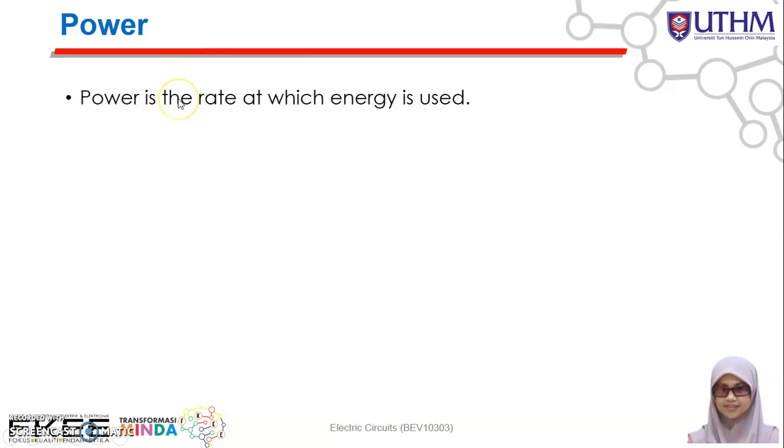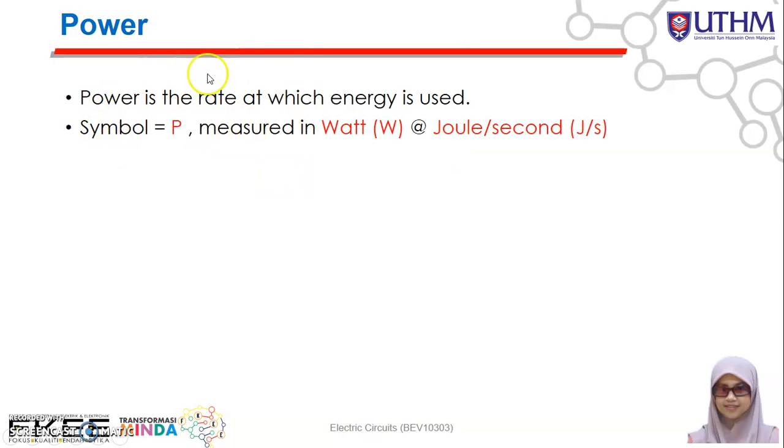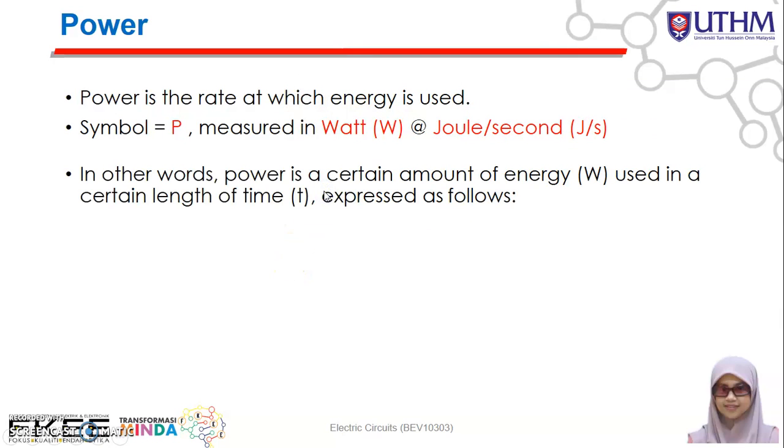Next we go to the subtopic of power. Power is defined as the rate at which energy is used. The symbol for power is P, and it is measured in units of watts, or you can use joules per second. In other words, power can be defined as a certain amount of energy being used in a certain length of time, and we can express it as P is equal to